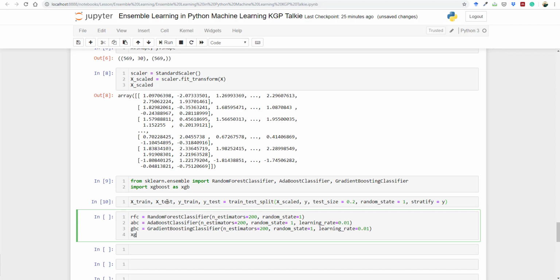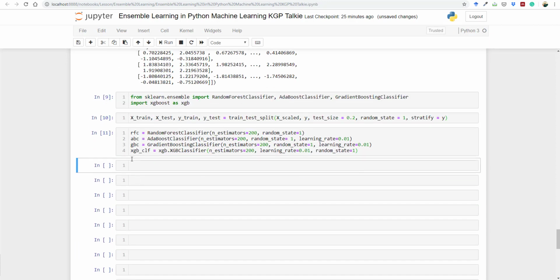Then finally I'm going to take the XGB classifier, that's the XGB CLF, xgb.XGBClassifier, with n_estimators 200, learning rate 0.01, and random state equal to 1. Now here you see we have instances of our 4 machine learning algorithms: random forest, AdaBoost, gradient boosting,